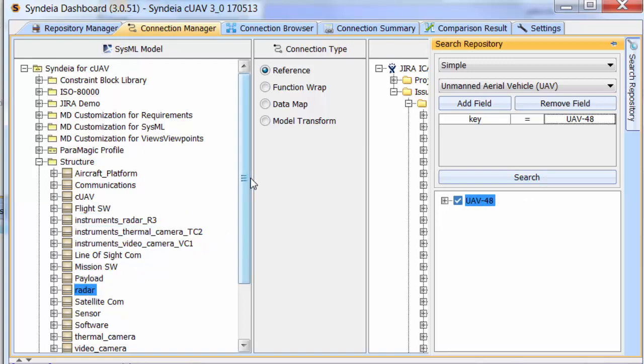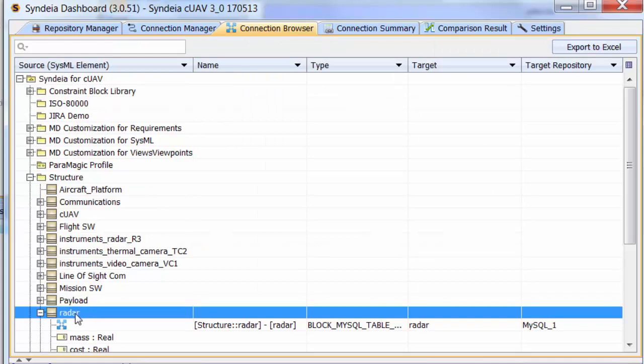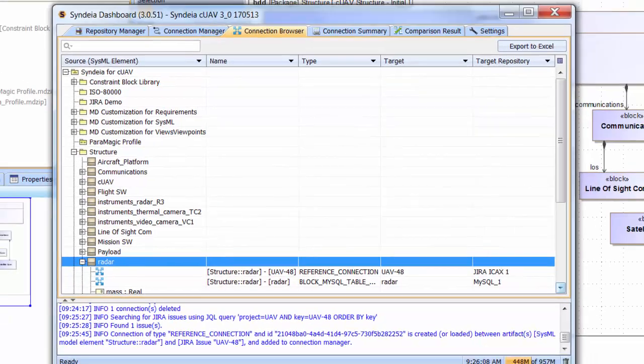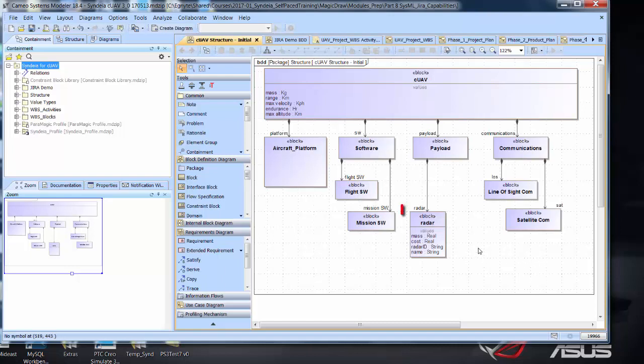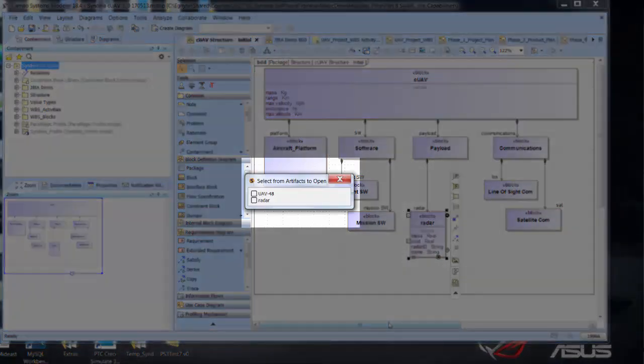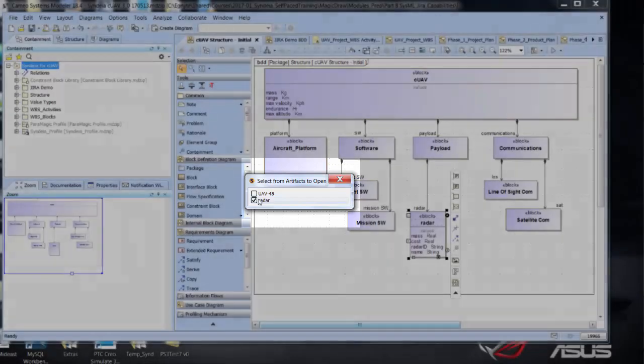In the Connection Browser tab, we can expand the radar block, refresh it, and see that it has two connections, a previous one to a MySQL table, and the new one to JIRA. A reference link gives us several options. From the SysML diagram or browser, I can right-click on the radar block and select Zendaya, Open Connected Artifacts. A window opens asking whether I want to open the MySQL connection or the JIRA issue. I choose the second to open the JIRA issue